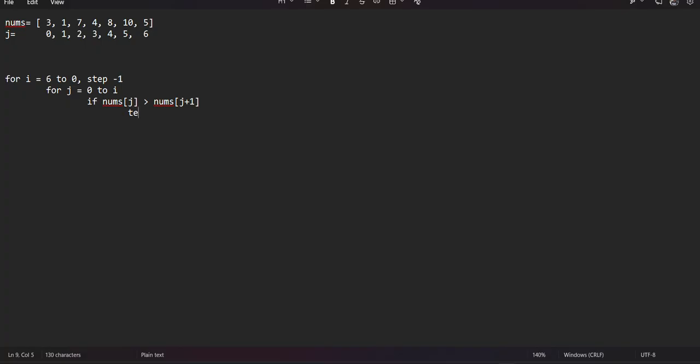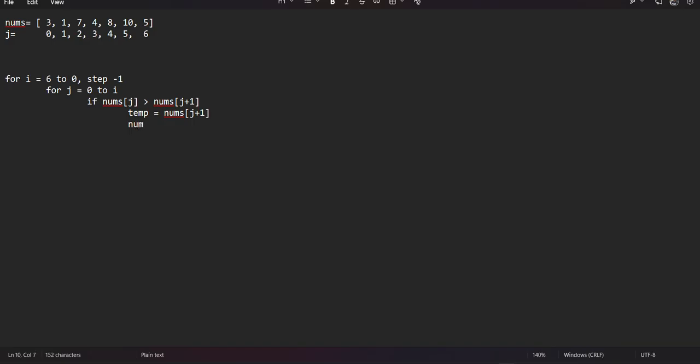So we need to remove this value which is at the position, because we are swapping the second position. That means this one, remove it, keep it somewhere, and we're keeping it in temp, and then